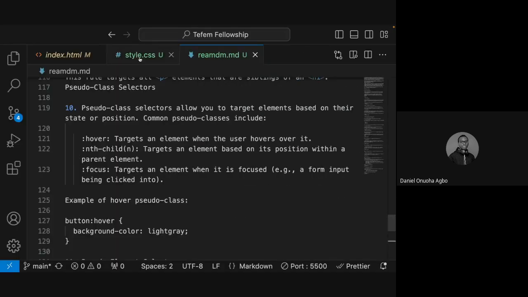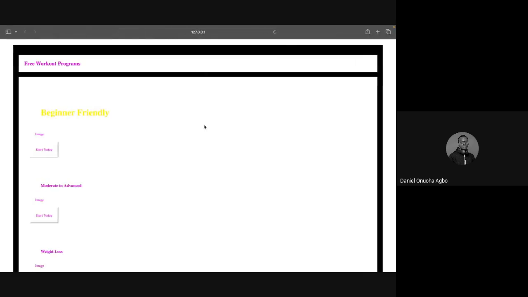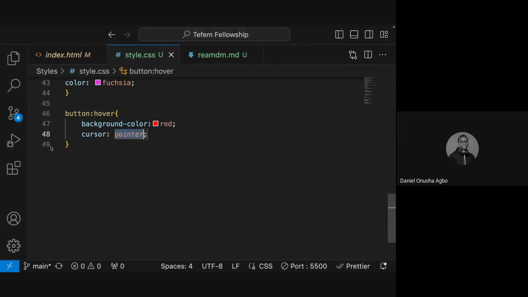I'm going to add another one, so I'll use something like cursor: pointer. That means once I hover, my cursor should change to a hand, a pointer hand. So that's it. You notice that it works: once I hover, my arrow is pointed, but once I hover on top of a button, I get a hand click. So that's for the pseudo class. Then I'm going to take up another one, which is